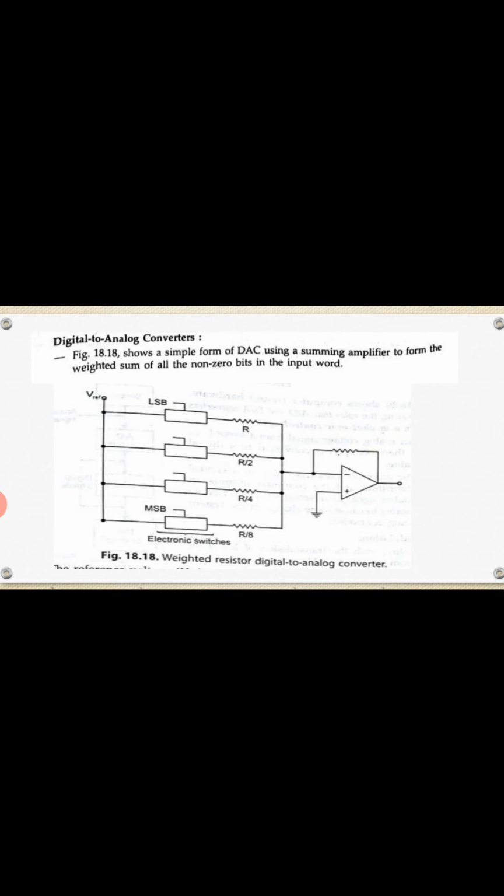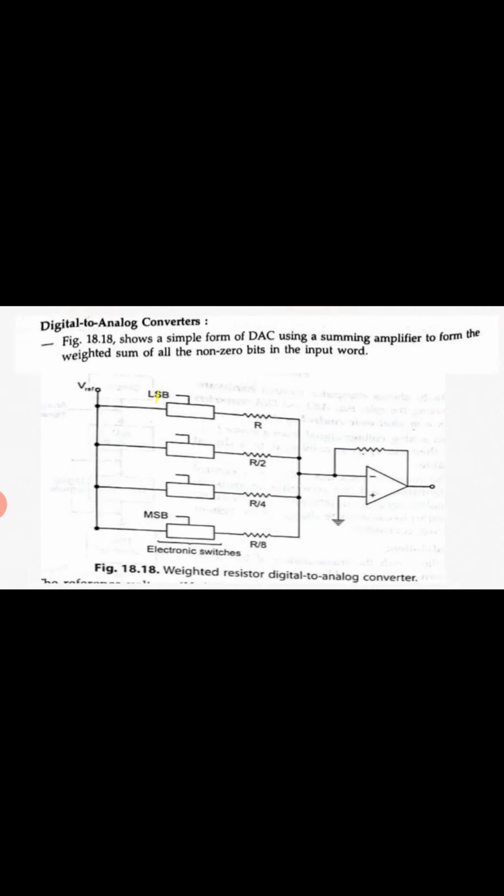The resistance should have an accurate value, so that it gives the corresponding analog voltage from the reference voltage. Accurate values have to be used for each of the resistors, and it is difficult to obtain the required wide range of such resistors. So these forms of DACs tend to be limited to 4-bit conversion only.